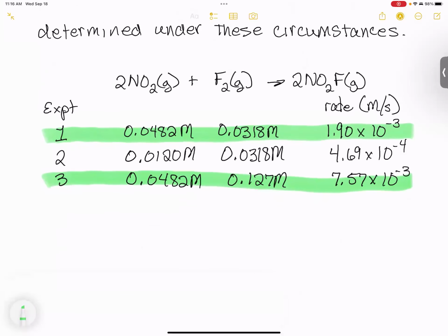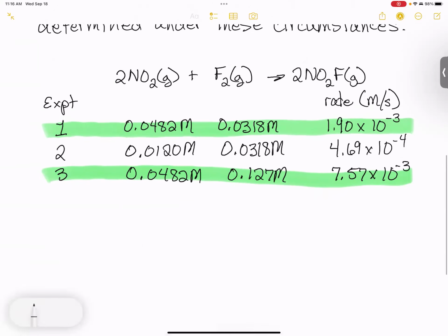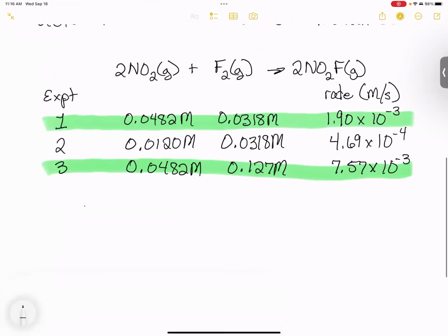That's important because when we write our generic rate law, we can write rate 3 is equal to the rate constant times NO2 for experiment 3 raised to its power times F2 for experiment 3 raised to its power